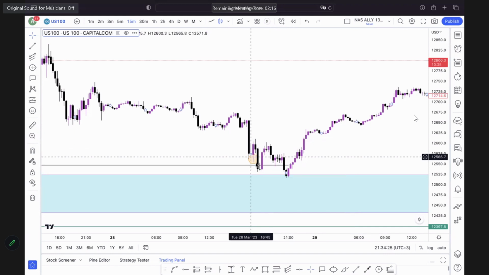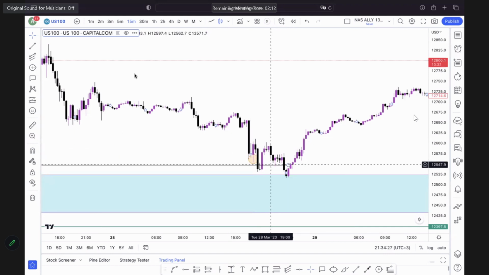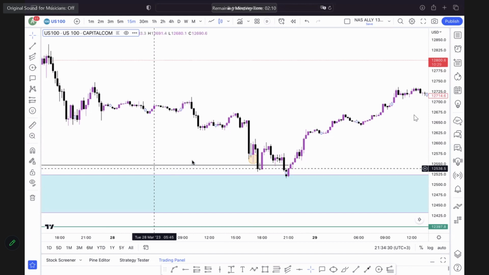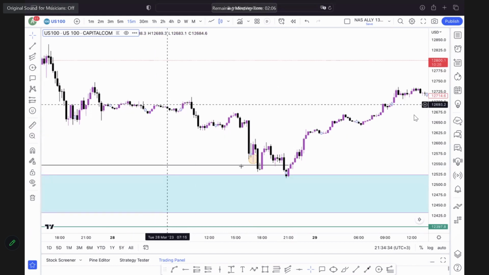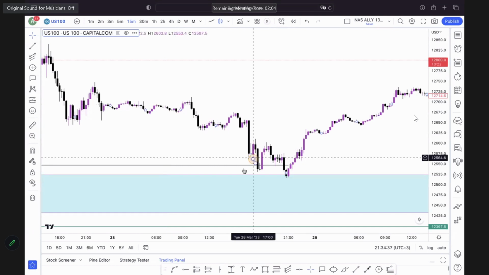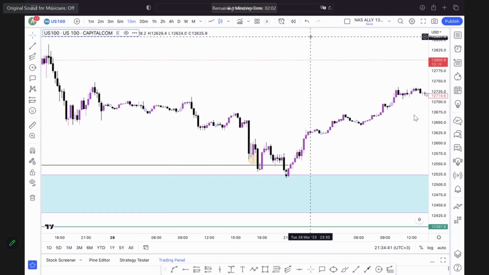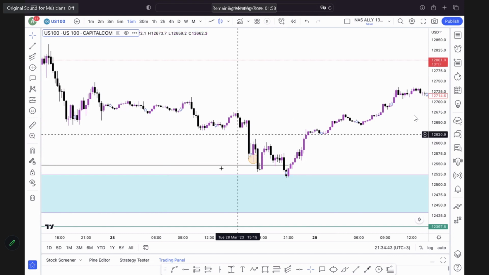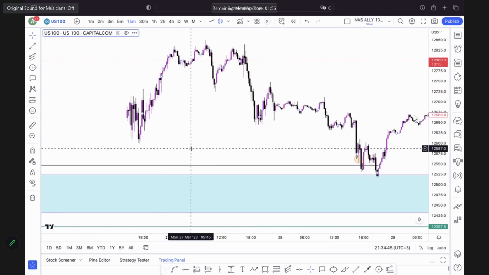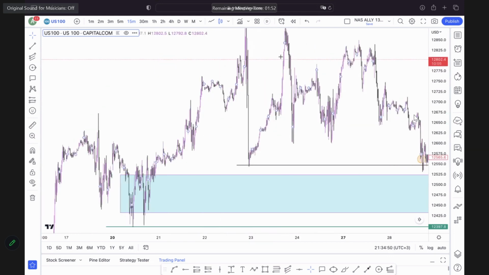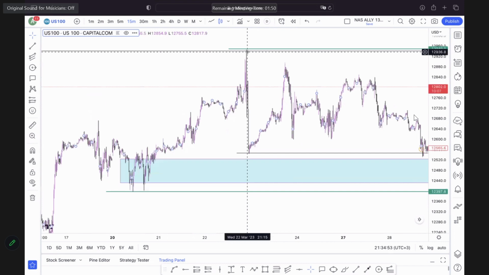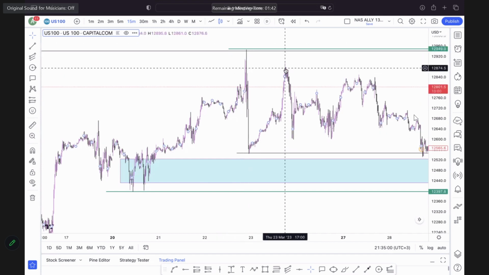A false idea of thinking, sorry, let me just mute everyone, guys. There we go. A false idea that the market is having a reaction at that low and then it might continue to the upside. But what tells us that this low is going to hold? What tells us that this low is going to hold? Nothing. It didn't break this high. It didn't have enough strength.